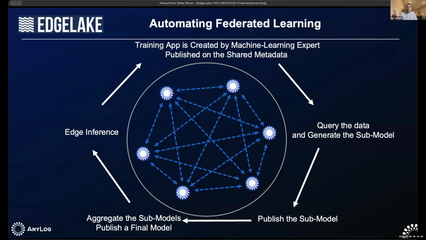I'll quickly show you the pipeline of how the demo is going to be facilitated. So the first step is we're going to publish a training application onto the shared metadata layer. This is the only manual step that you need to take. Once we initiate a start message as well,